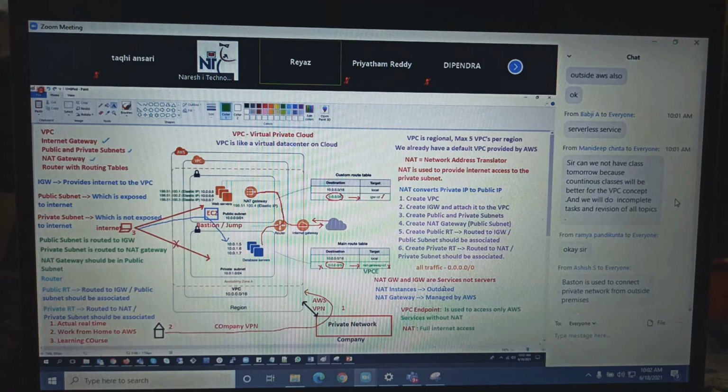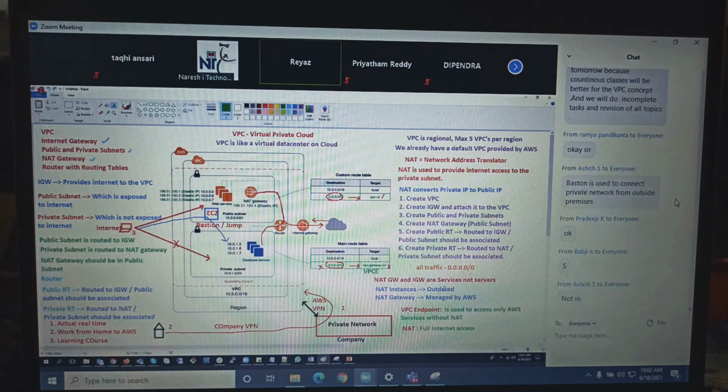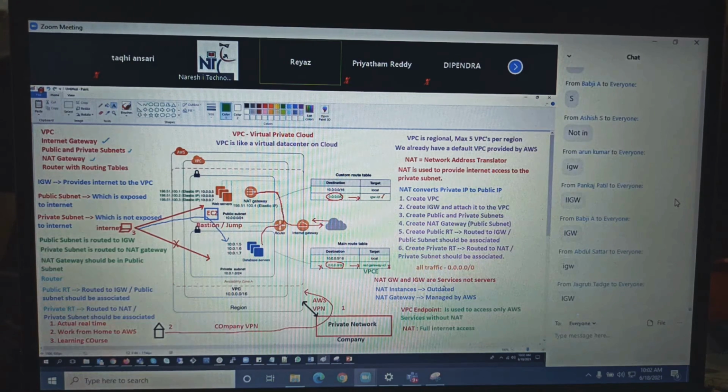Okay, let's have a small shootout here. Guys, ready? Which is the component in VPC that will provide internet access? Internet gateway. How many subnets should you create? What are those? Public and private subnets. Good. Public subnet is exposed to the internet?